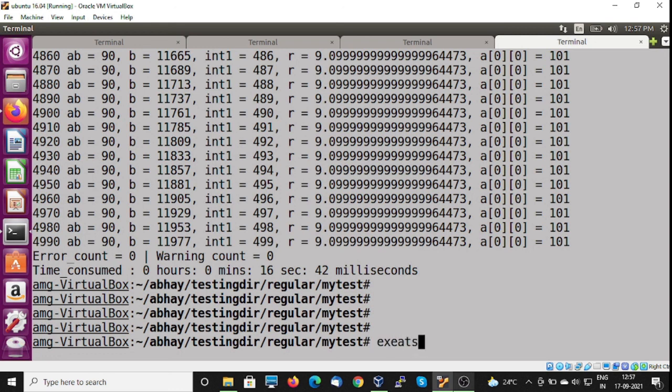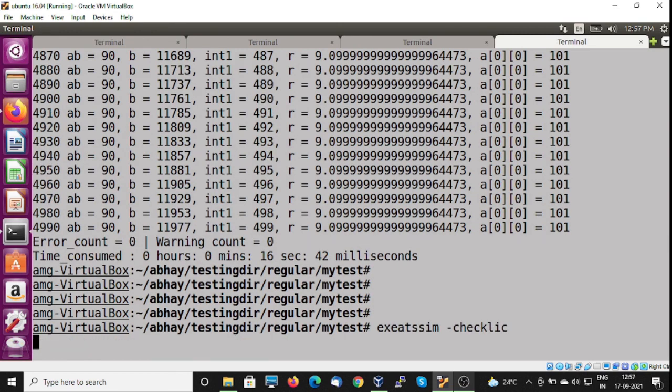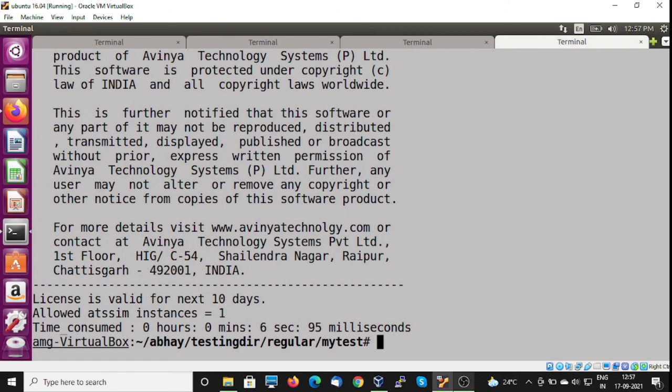So check LIC is the command you can give. License is valid for next 10 days. Allowed ATSM instances is 1. This information you can always get. So this is briefly how you will be able to install ATSM package and license on your system.